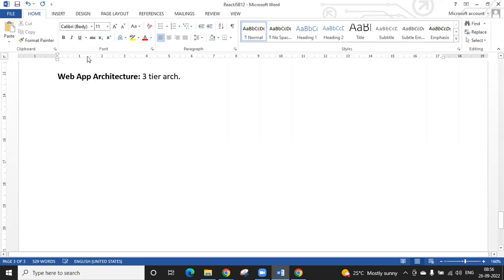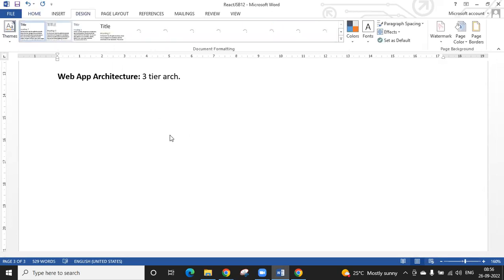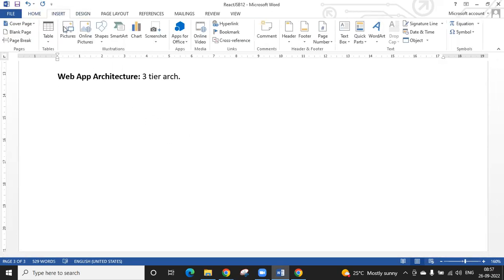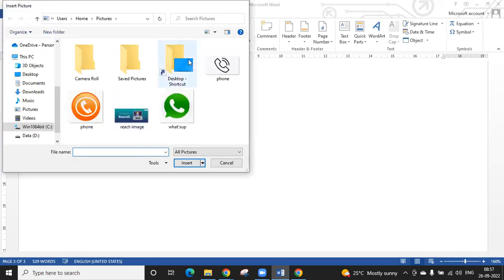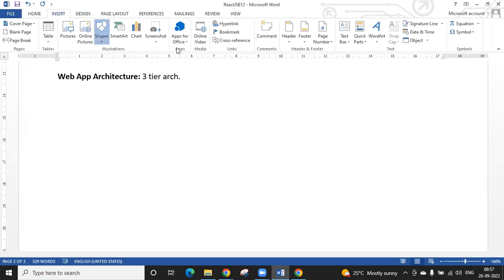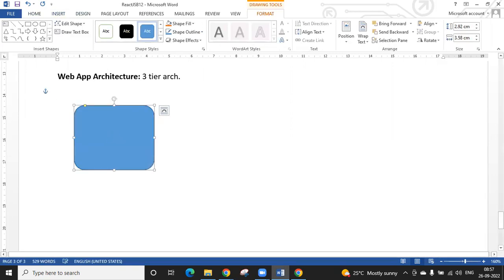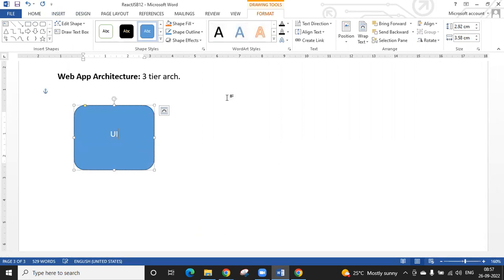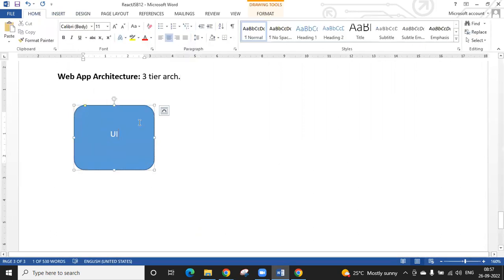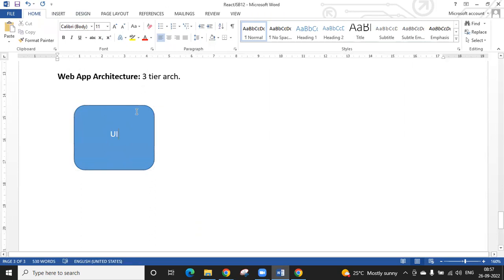The 3-tier architecture, let me explain. This is called your UI, user interface. Next, you are going to have a middleware.